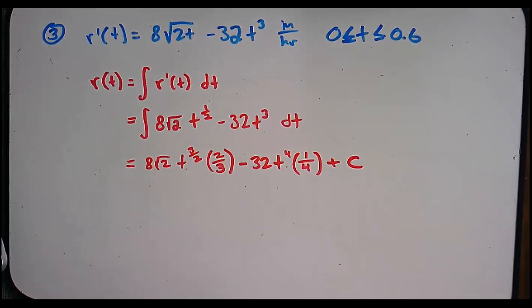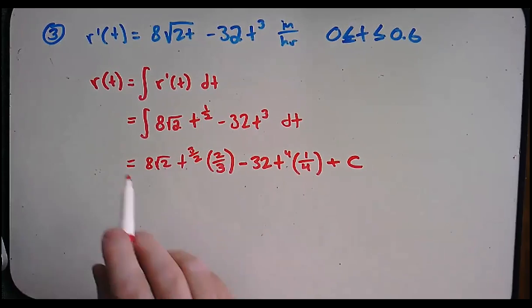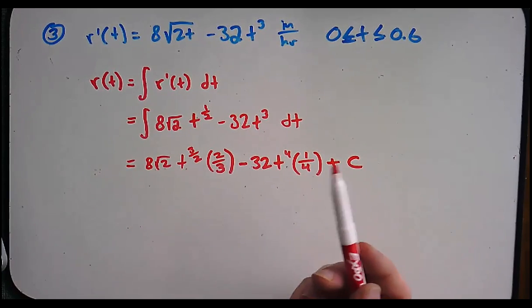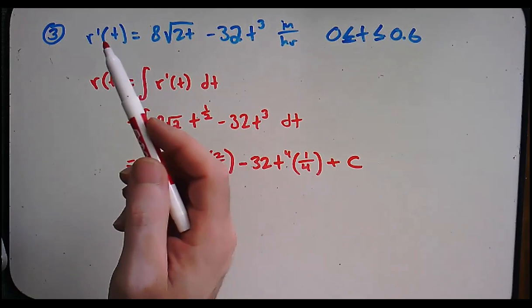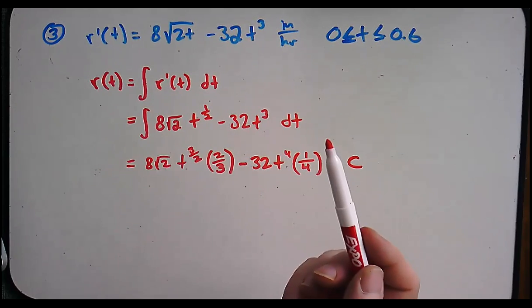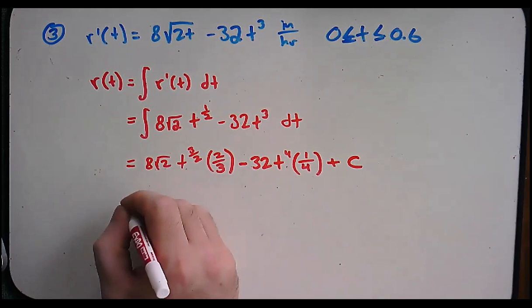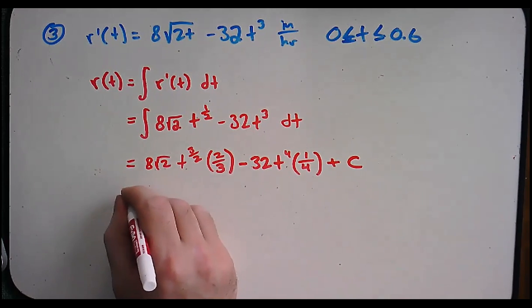That plus c is going to be very important in this problem, because when we take an antiderivative, we get a whole family of functions. We get infinitely many functions whose derivative are equal to r prime here. There's only one function r that we really want, and that's the one that matches the initial conditions that we have been given. So let me just simplify this very slightly, and then we'll take a look at the problem